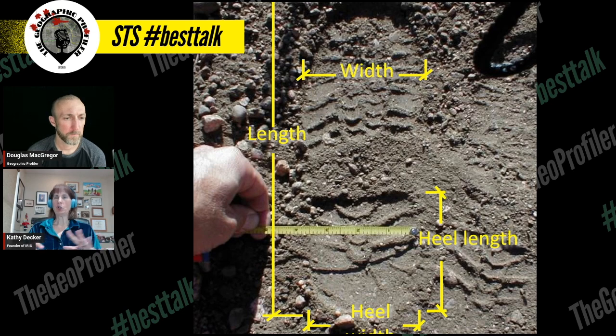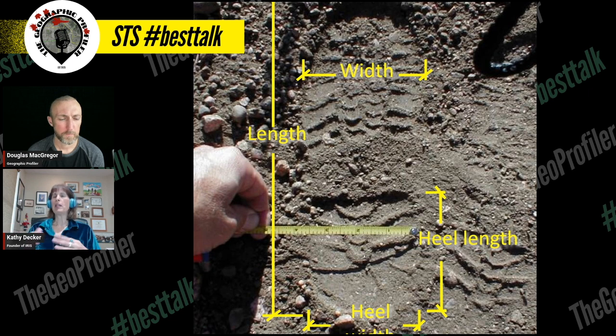In a skate shoe or like a tennis shoe that doesn't have that instep, you have to just kind of wing it and guess and pick a spot to try to get that heel length and then be consistent with those measurements as you go forward. So once you've obtained these measurements, now you have that baseline. So as you're moving forward and tracking this person, following one print at a time, not all your footwear impressions are going to look like this. This might be the only one you get that looks like this. And so these measurements become important